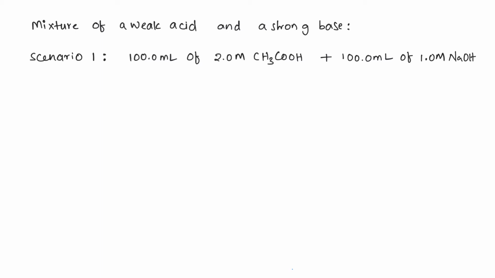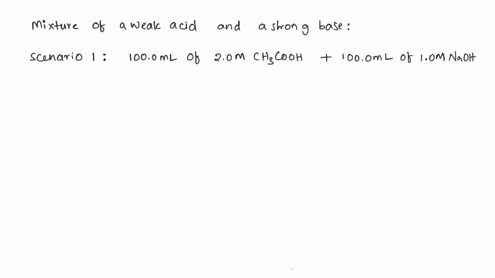In this video, we will learn how to calculate the pH of a mixture containing a weak acid and a strong base. There are three different scenarios we are going to look at. In scenario 1, let's assume we mix 100.0 ml of 2.0 molar acetic acid and 100.0 ml of 1.0 molar